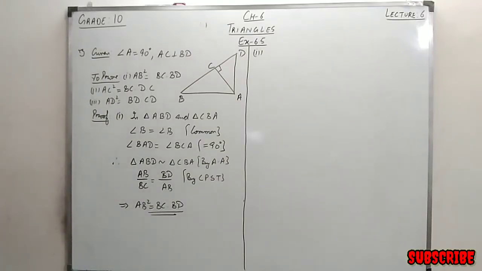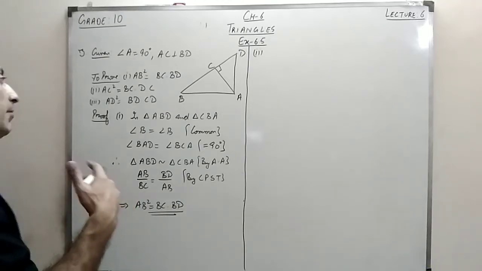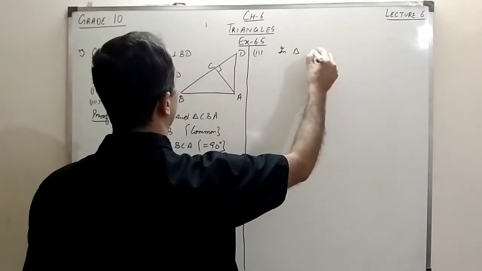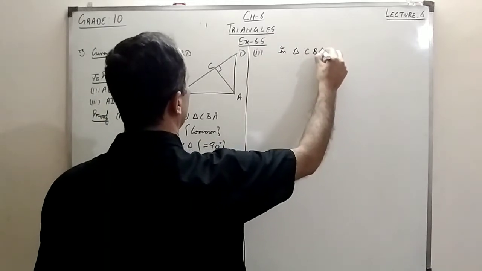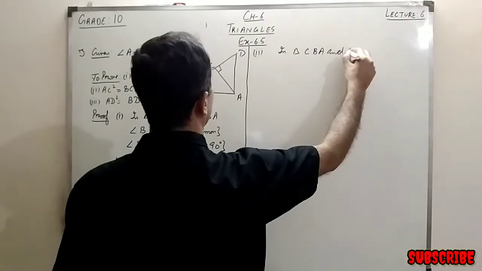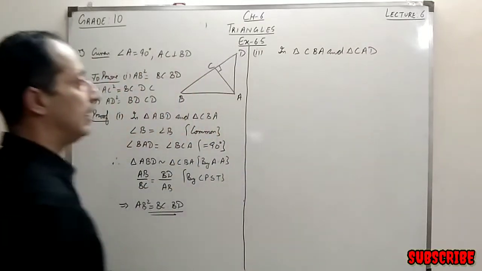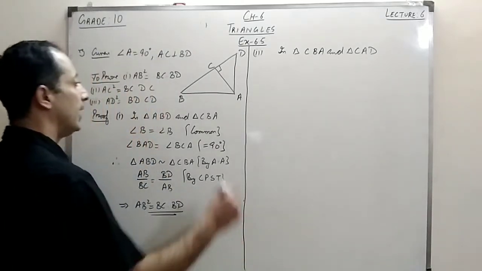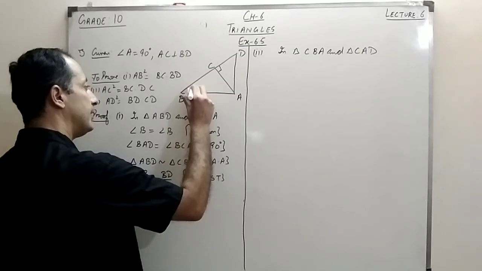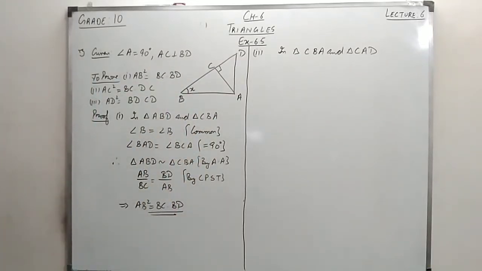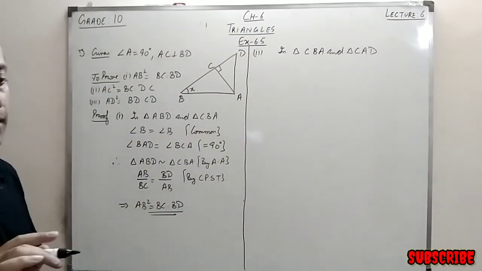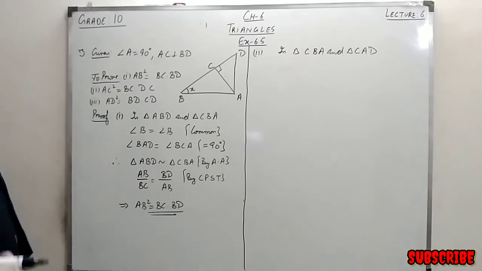theorem also. But what we are doing here, we are trying to use the property of similarity. Then how we can apply the property of similarity in triangle CBA and triangle CAD. Now for these two triangles, if you see carefully, suppose this angle is x. This complete is a right angle triangle, and in a right angle triangle the sum of acute angles is also 90 degree.